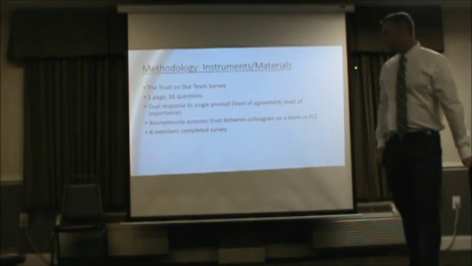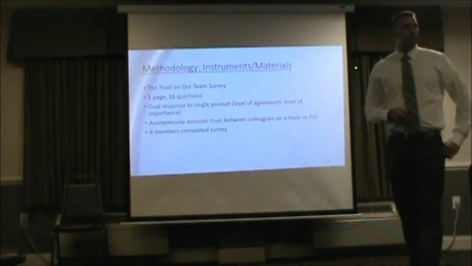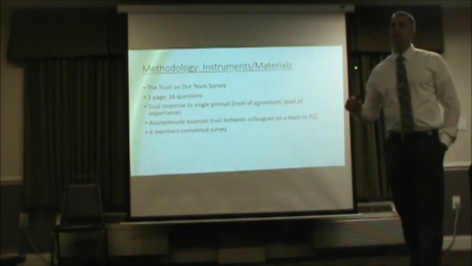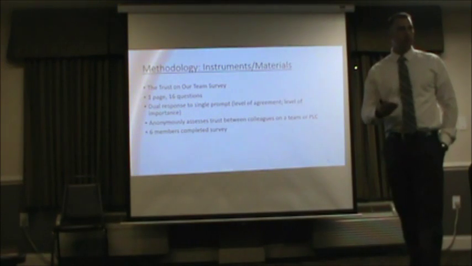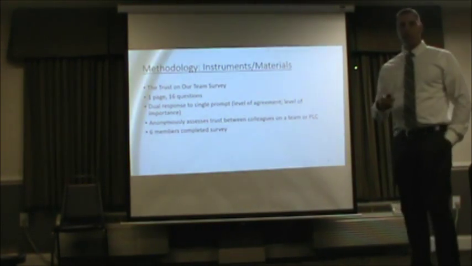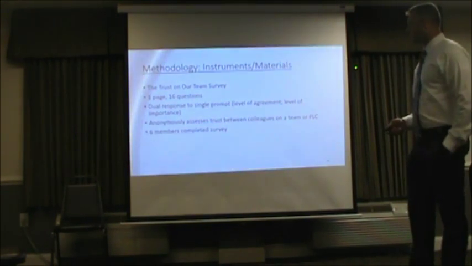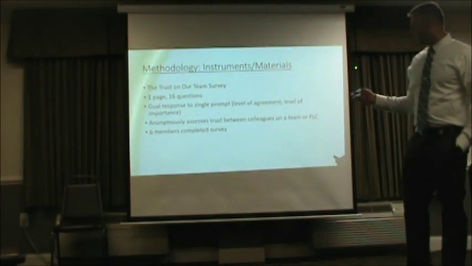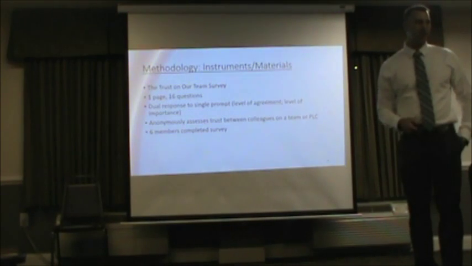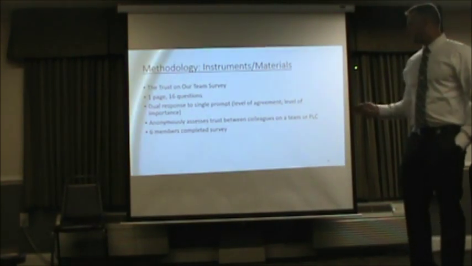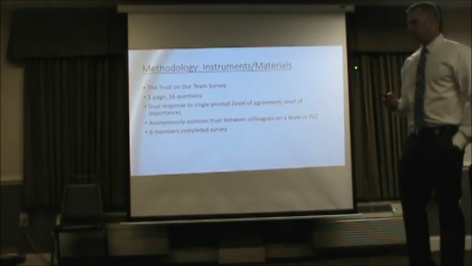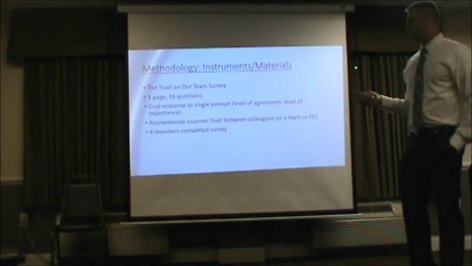1 page, 16 questions. Dual response. So each prompt had 2 applicable responses, and that was the level of agreement and the level of importance as rated by you, the survey taker. This was anonymous. In order to assess trust, you had to be anonymous and speak candidly. And then 6 members actually returned the surveys. And I won't point out any names who didn't have theirs